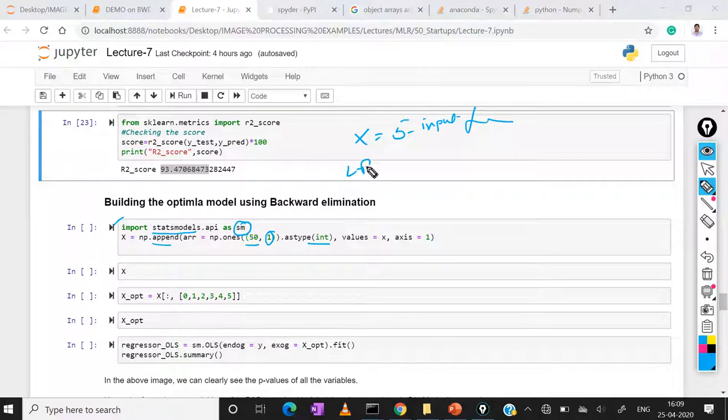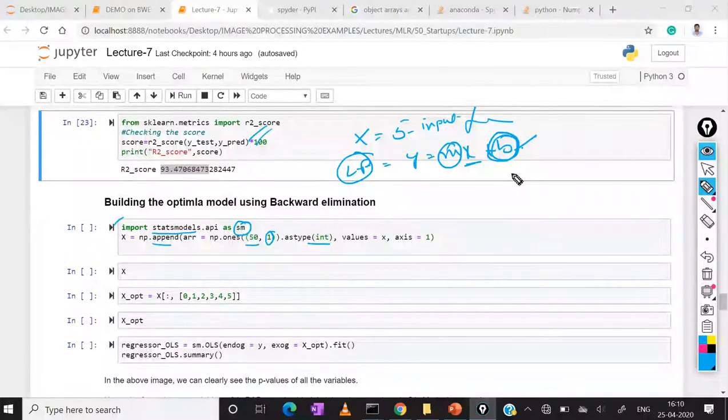Linear regression is y equals mx plus b, where b is the intercept and m holds the coefficient values of the independent variables. But when applying linear regression, the system will automatically assign this bias value. In backward elimination, the system will not assign any kind of bias value.